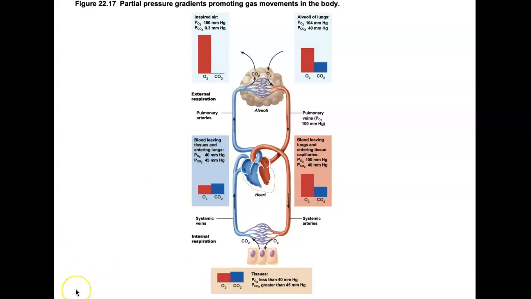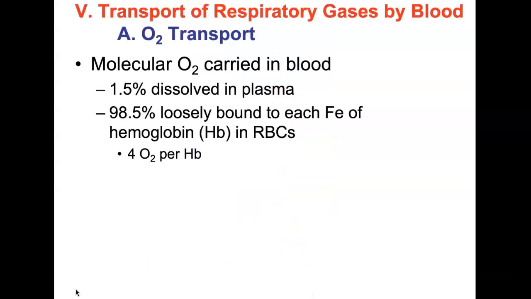So in summary, as we transition into the next part of our lesson, the gas exchanges that occur between blood and the alveoli and between blood and the tissue cells take place by simple diffusion. They're driven by partial pressure gradients of oxygen and carbon dioxide that exist on the opposite sides of the exchange membranes. Now we're going to take a close look at how both oxygen and carbon dioxide are transported